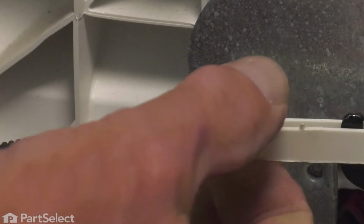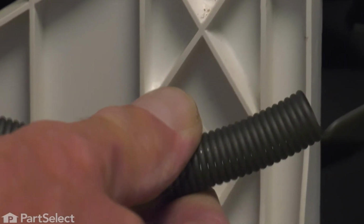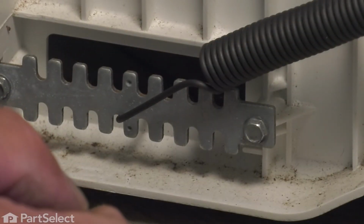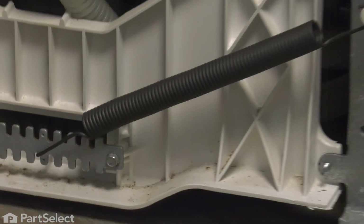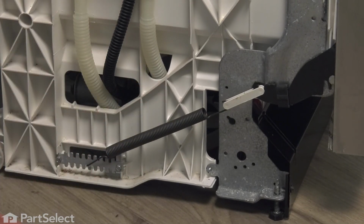Inspect that link to make sure it's not damaged. And be sure to attach the spring in the same position that you removed the old one, with the pointed end going in towards the center of the dishwasher. And you should replace both left and right hand springs at the same time to ensure that you have even